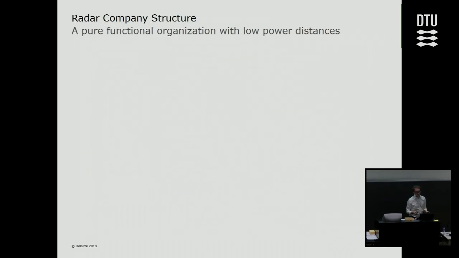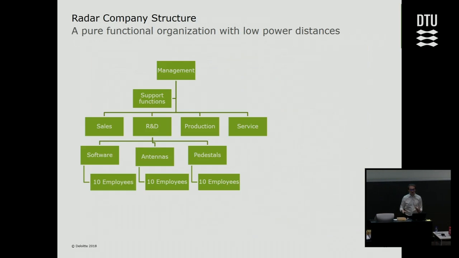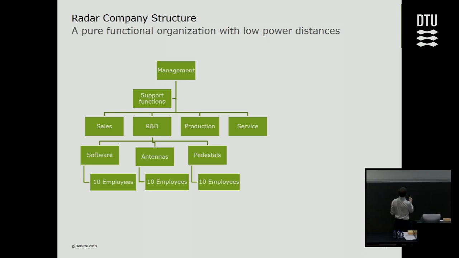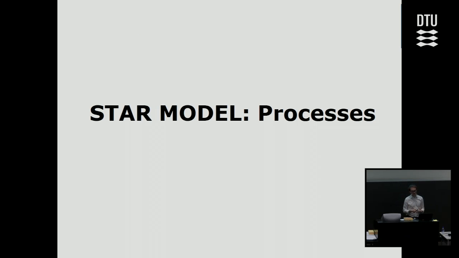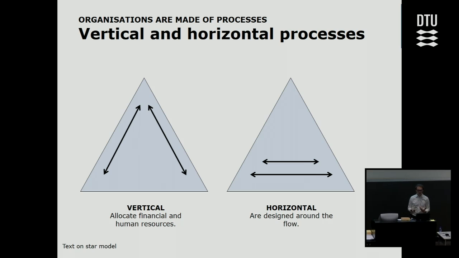If you talk about radar company, I can show you their organizational structure, and you can see that it's very functional driven. So you have the different parts, and for example, in R&D, then you have different knowledge areas. So they organize their company based on knowledge and technology. And this also makes you understand how the company thinks about their people, what do they want them to do. And if you talk about processes, the STAR model has two kind of processes, so either vertical, that goes up and down,